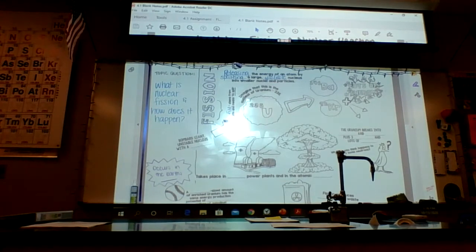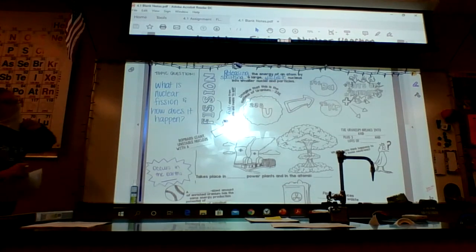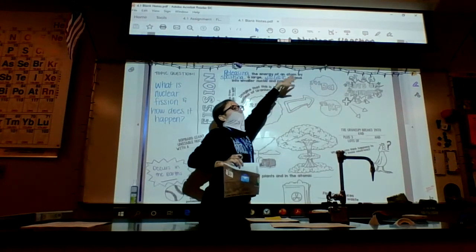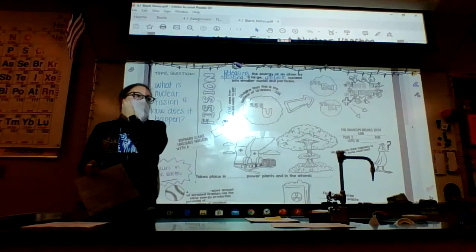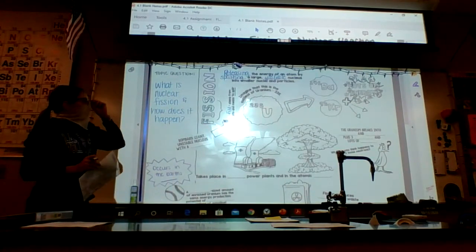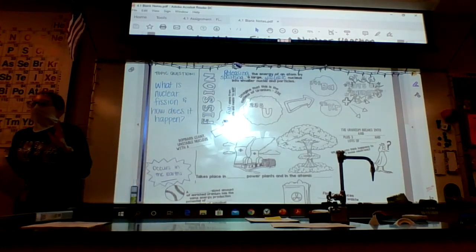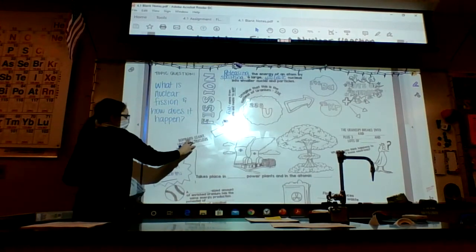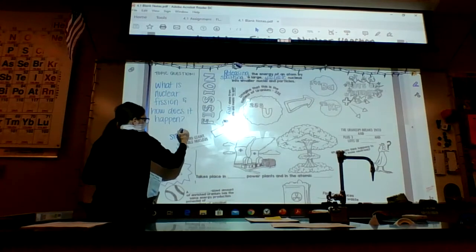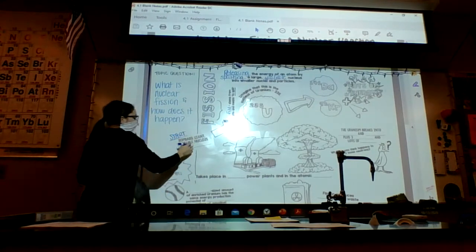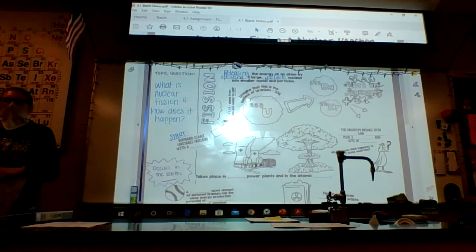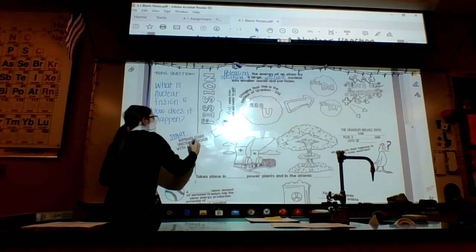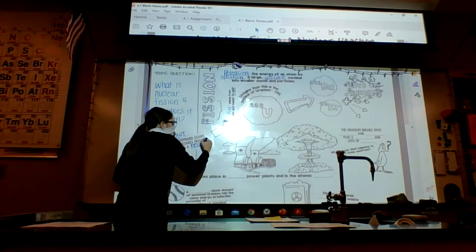Okay, so we know that fiss means to split. Now we know that fission is splitting a large unstable nucleus. We're going to put it together piece by piece. Alright, let's talk about how fission happens. There's always a start to a process. This is where we're going to start fission at. So we're going to put start right here. This is our starting point for fission. So what starts fission is we're going to bombard a giant unstable nucleus with a neutron.